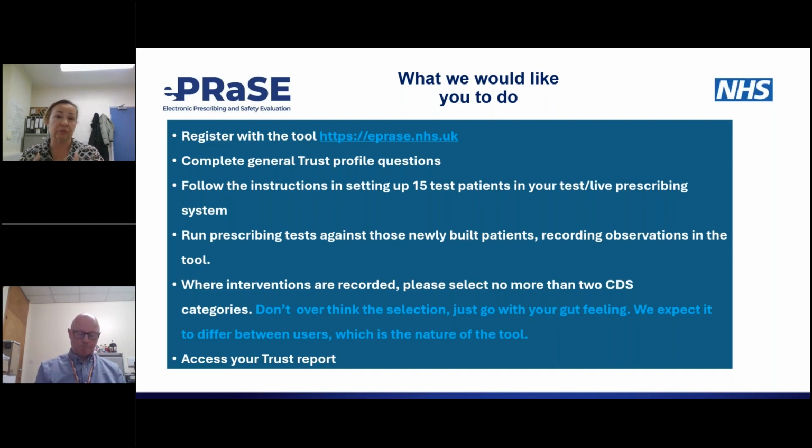So you might prescribe a line, nothing might happen, and that's fine. You would click into the boxes in the tool and record nothing happened. Your prescription went through. Something might happen. There might be an intervention, might be an alert or an advisory pop-up, and in that case, you will tick